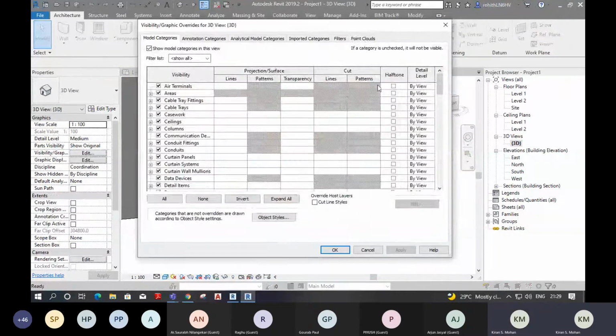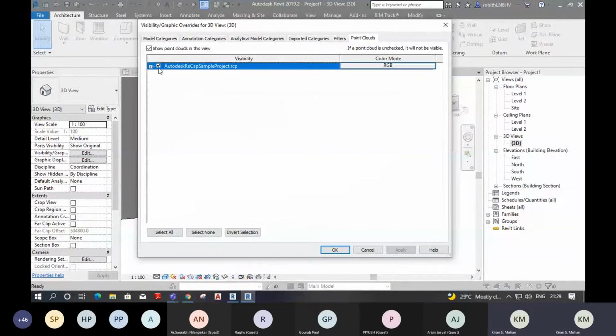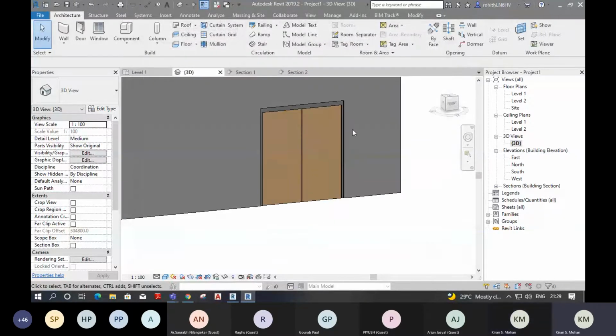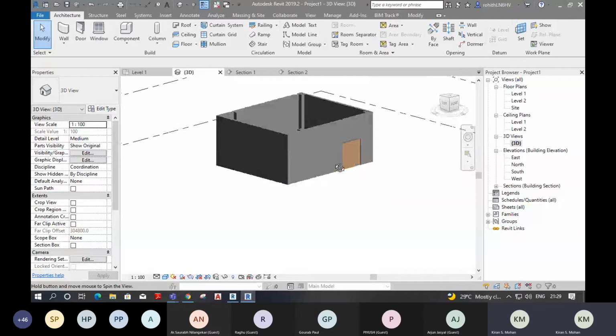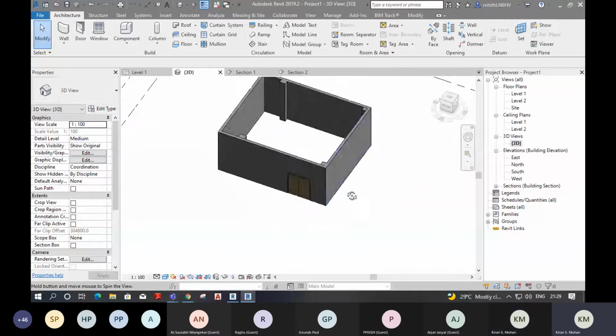So you can see the doors and the other information about the structure and architecture part. You can place a door, or you can modify an existing one, or you can create one. And the columns are also placed. Now we can go for the joist.